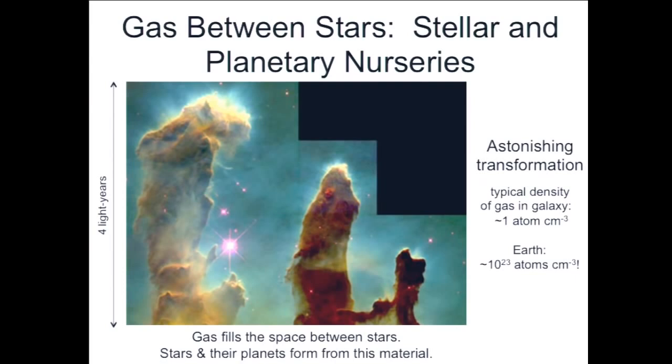And that transformation going from this gas to newly formed stars and planets is really a remarkable transformation. And the reason is that the typical density, how much stuff is there in gas filling the space between stars, is just about 1 hydrogen atom per cubic centimeter. So again, visualize a cubic centimeter, right? That's something you can see. And imagine that there's only 1 single atom in that cubic centimeter. That's how rarefied the gas is in the space between stars.